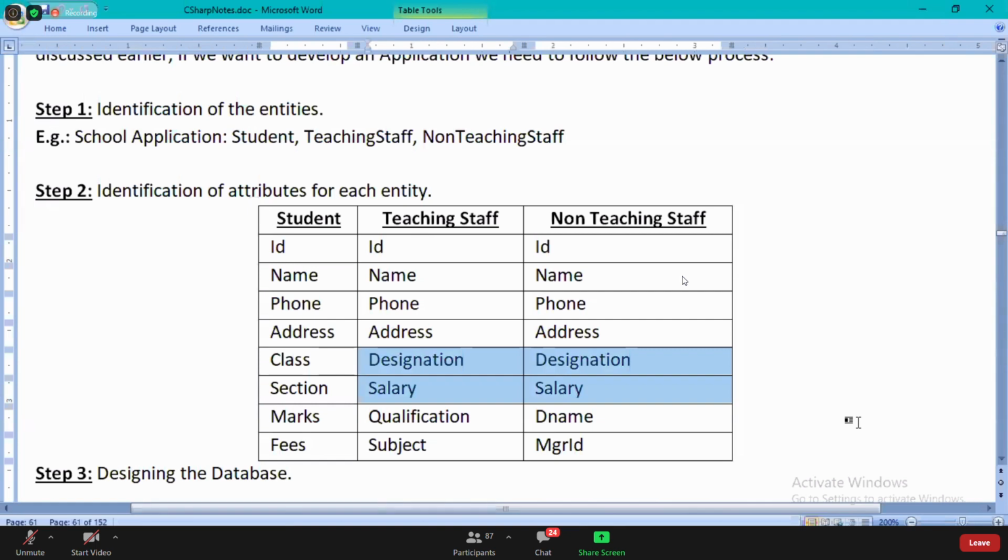Then again, you're duplicating. If at all you want to go for duplication, the point all of you require to understand is, there is no point of coming to object-oriented programming.